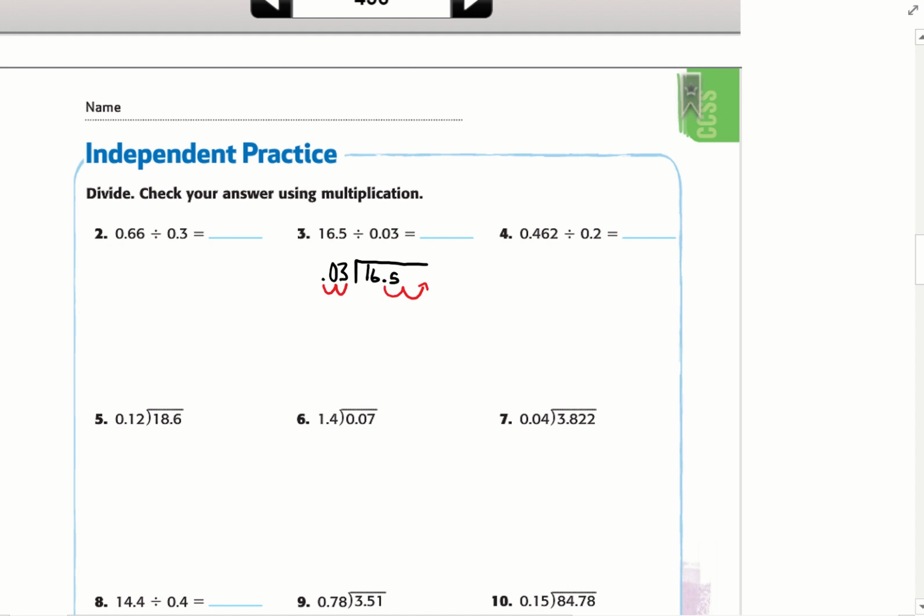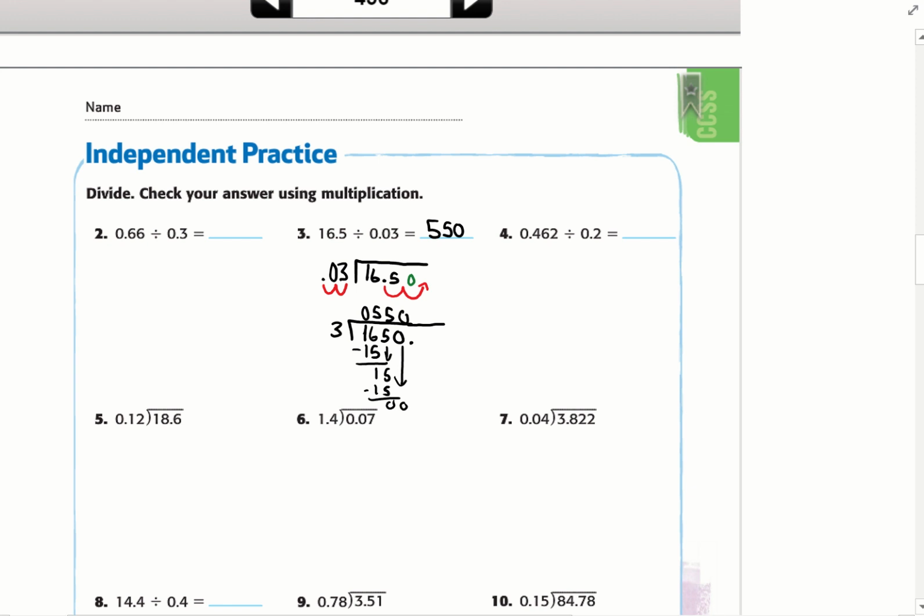So my new expression is going to look like this. 3 and then 1,650. And then we would just divide. And here's my decimal. 3 goes into 1 0 times. 3 goes into 16 five times. So 5 times 3 is 15. 16 minus 15 is 1. Bring down the 5. 3 goes into 15 five times. 5 times 3 is 15. 0, bring down the 0, 3 goes into 0, 0 times. So my final answer should be